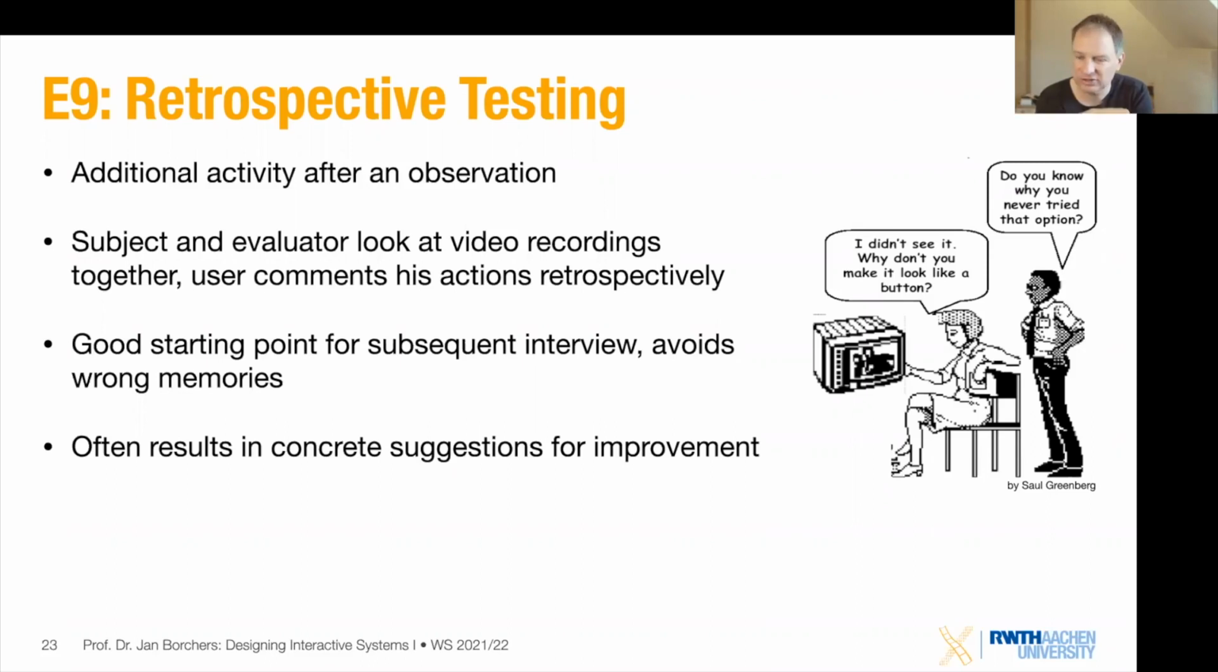So you can let them work silently, unless they really feel like they want to say something. And then afterwards, they can comment on their own actions. That's advantage number 1. It's a bit more natural. Advantage number 2 is this discussion now is happening with the actual actions of the user in front of everybody. So there's no chance for false memories of the user saying, yeah, I didn't have any problems, right? When we can clearly see in the video that she clicked on a grayed out button a couple times, right? So it avoids these wrong memories,